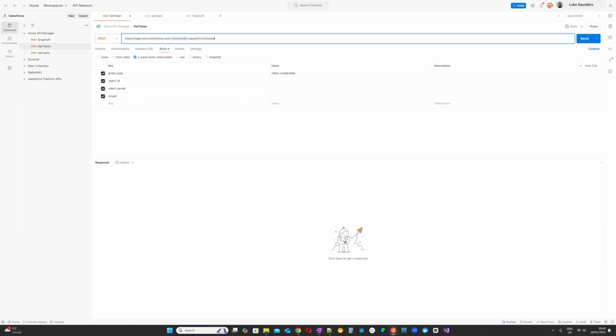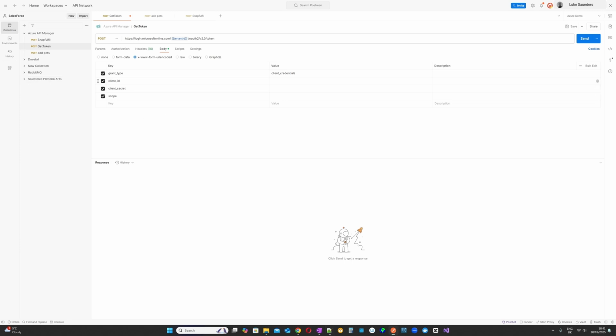So you'll have this endpoint. This tenant ID will be replaced with whatever your tenant ID is. You can see mine's there. And these are then the elements you need to supply as in the headers. You need to have a grant type, and the grant type is just client credentials because all you're after is a token. Then the client ID is the client ID of the app, the client ID that we copied earlier, which was from the app registration of